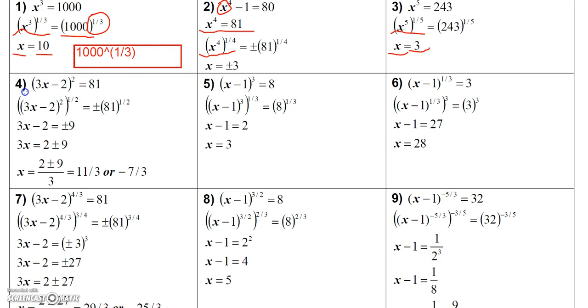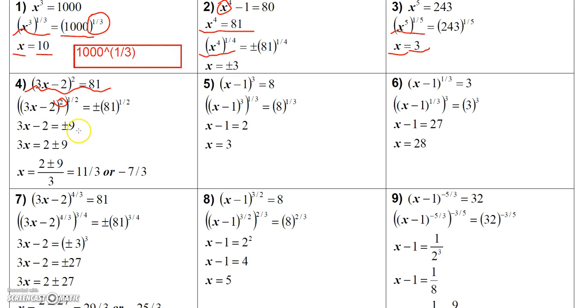Okay, so here's another even power. So I have 3x minus 2 quantity squared. And to get rid of the square, I can raise this side to the 1/2 power, but when I apply the 1/2 power to the constant, I have to do the plus or minus. Now, the 81 to the 1/2 power is just the square root of 81, so I end up with plus